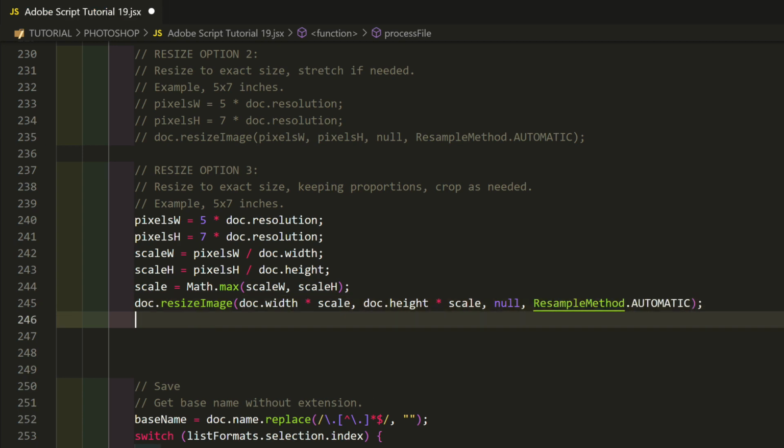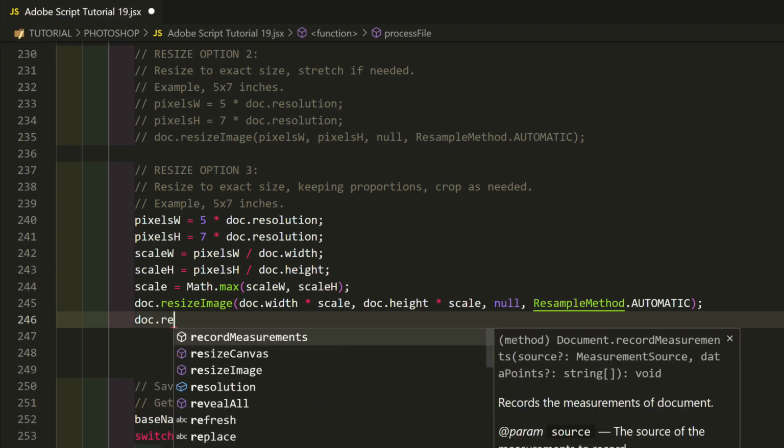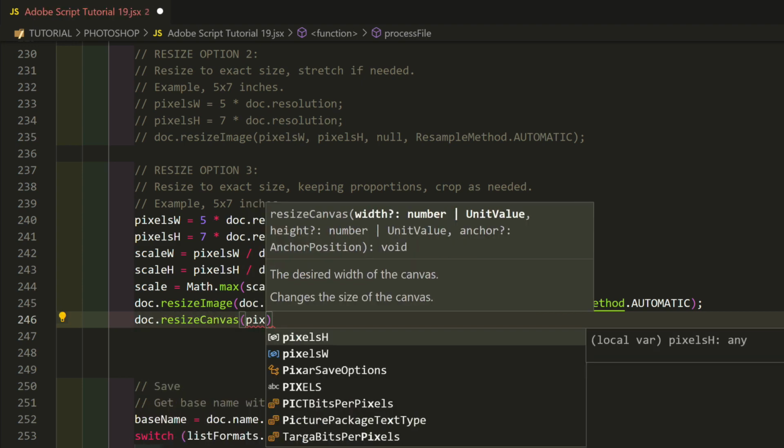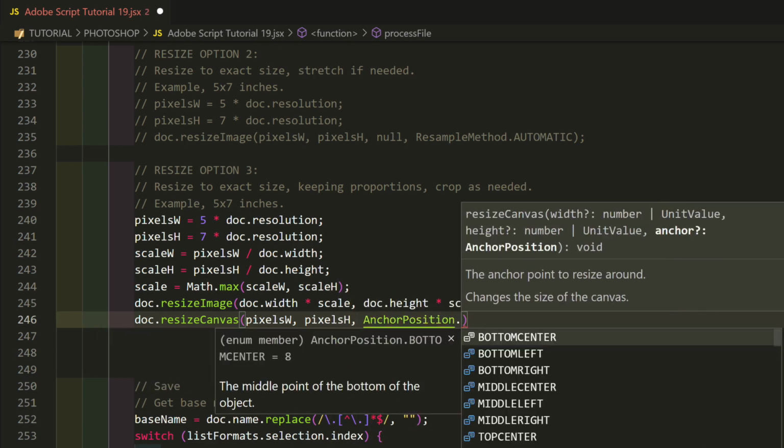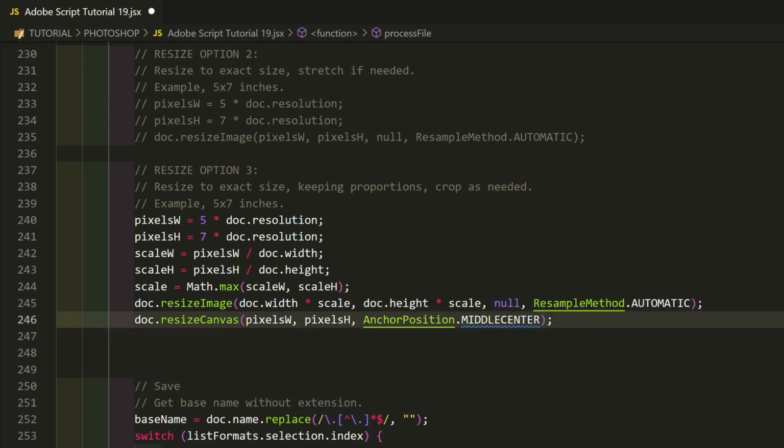Because we chose the largest scale value, one dimension could exceed the target size. So the image has to crop, or it's larger than we want. Use resizeCanvas to trim the extra by passing the pixels wide and high and the anchor position, which I'll set to center. Then the image remains centered. doc.resizeCanvas(pixelsW, pixelsH, AnchorPosition.MIDDLECENTER).